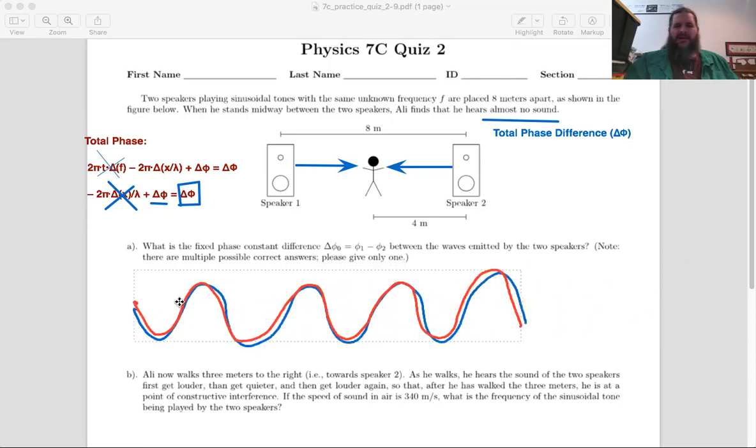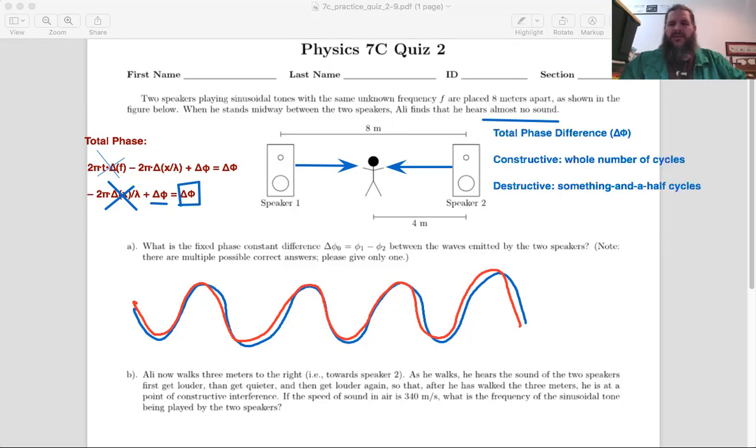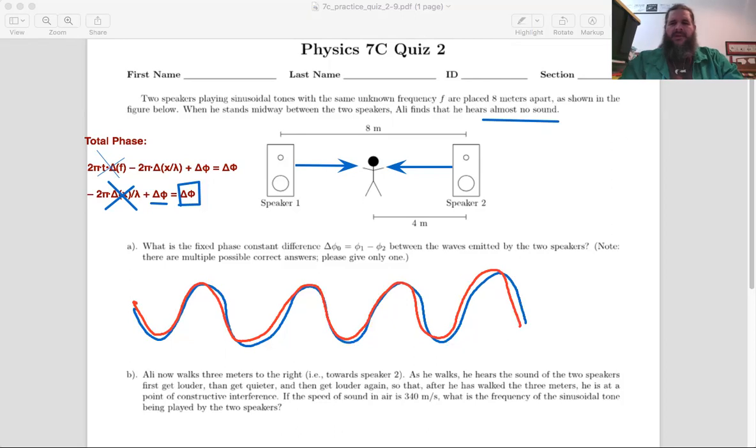So in general, to get constructive, you need to be offset by a whole number of cycles. To be destructive, you need to be offset by something and a half cycles. So constructive needs to be a whole number of cycles offset. Not necessarily a whole number of wavelengths specifically, but a whole number of cycles in total. And we're talking about a radian measure here. So in radian measure, what's one full cycle? 2 pi. Right. So constructive interference would mean the total phase difference must be a whole number